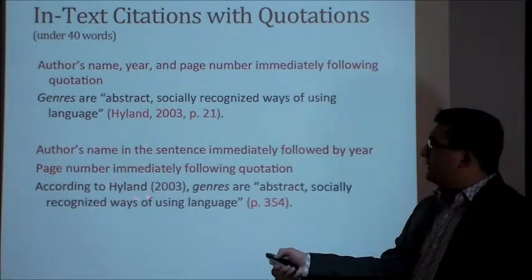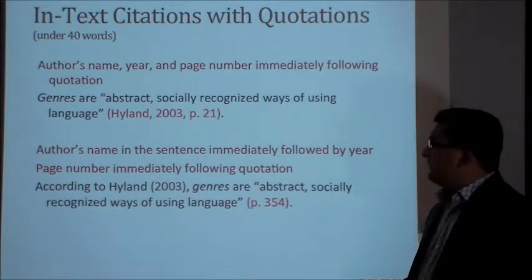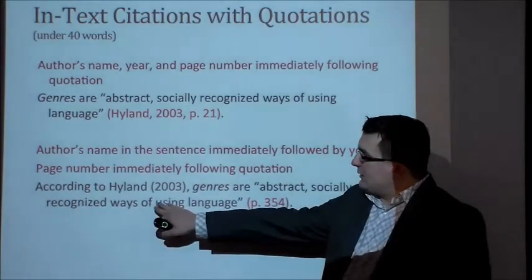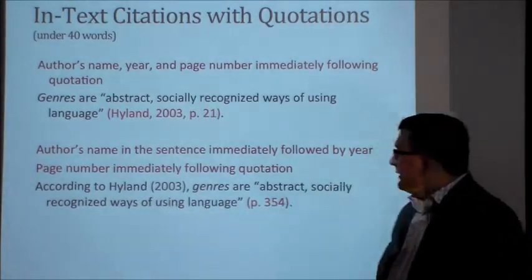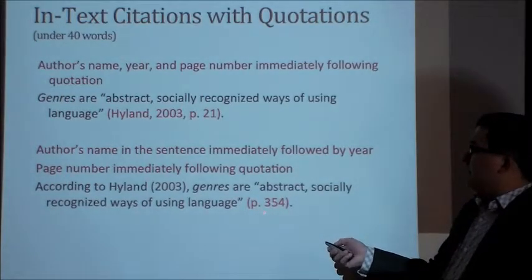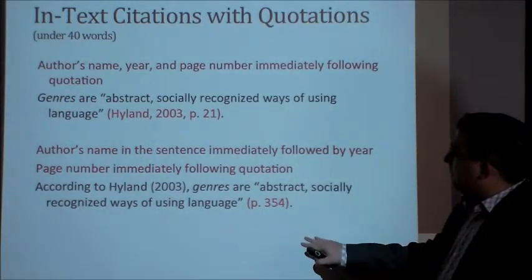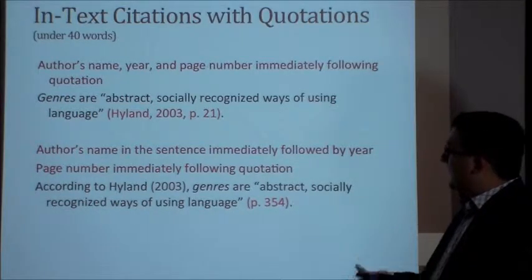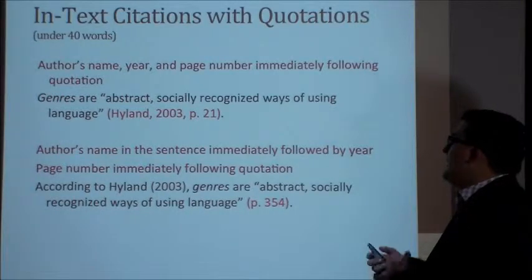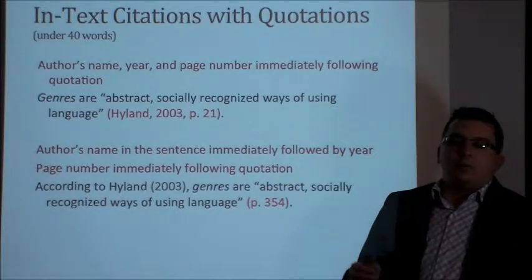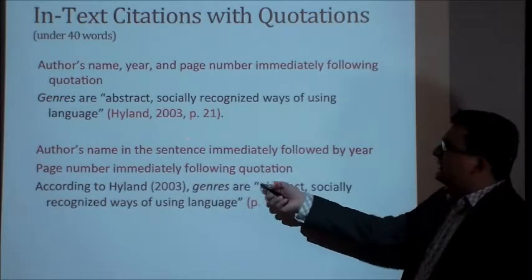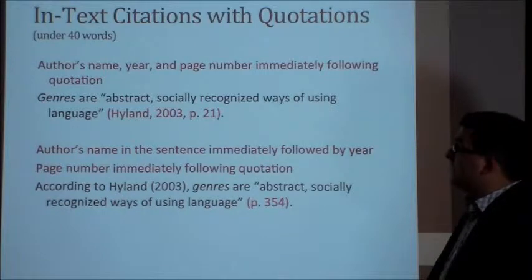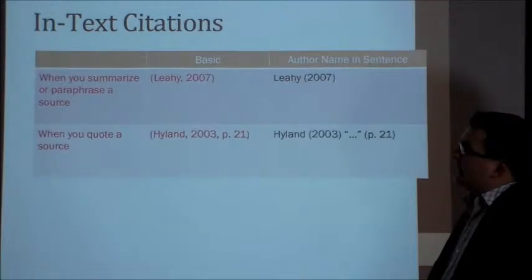So it starts off with that source information, according to Highland 2003. As you see up here, we did the simple one, we got the page 21 after it. We're getting a little more complex here. We got Highland 2003 here, we got the quote, and then boom, page 354 on that quote. So that's the difference there. You break up those pieces a little bit. So it's kind of a quotation sandwich when you go with it in the sentence, based upon just a standard one. So that is something to keep in mind when you're doing those quotations in terms of in-text citations. They're a little more tricky.